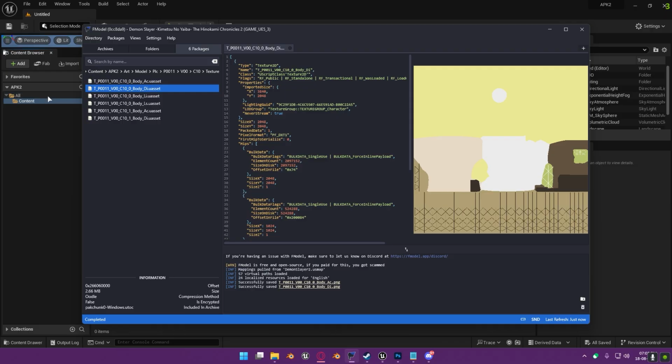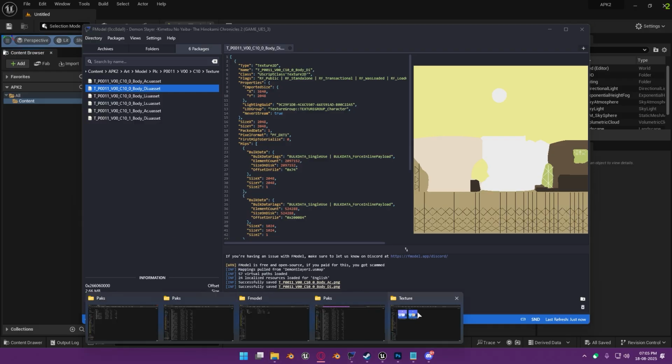Okay, so after the content you need to follow APK2 art model PLC P0011 V00 C10 texture. This is the structure. If you miss the structure, your mod will work but you can't see the modified textures in the game. Okay, so for easy access, what I can suggest is